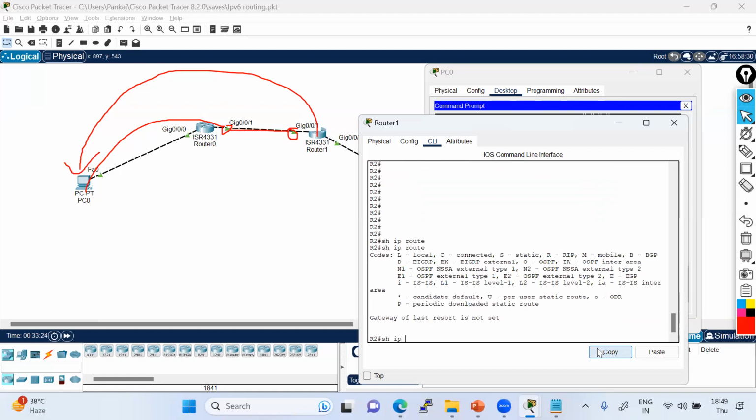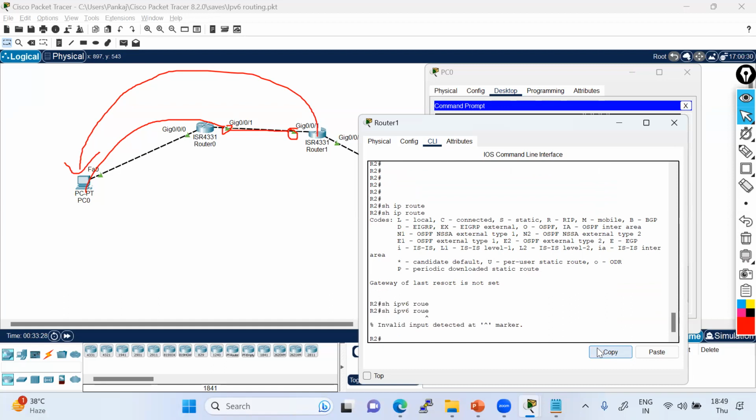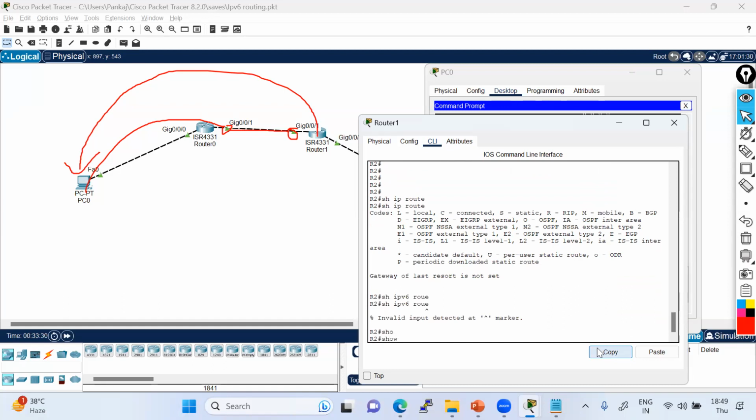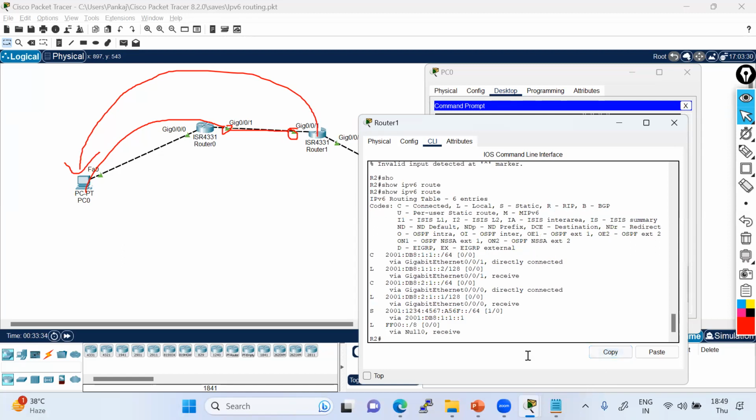There is no logic issue, so IPv6 route. You'll see here, this is the static route. This is the IP address configured on R0.